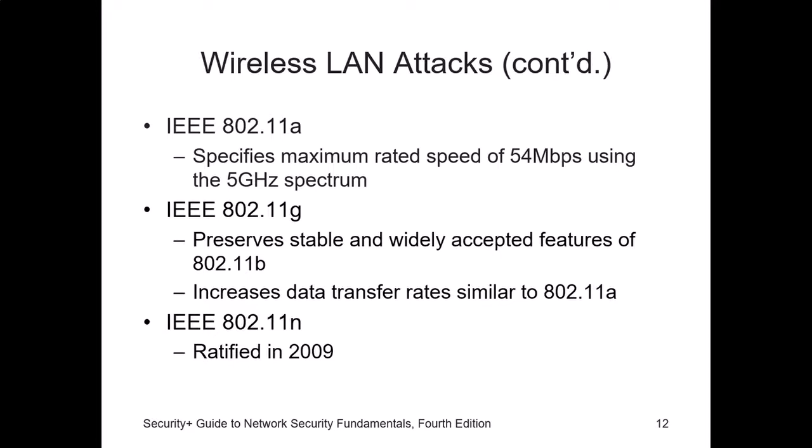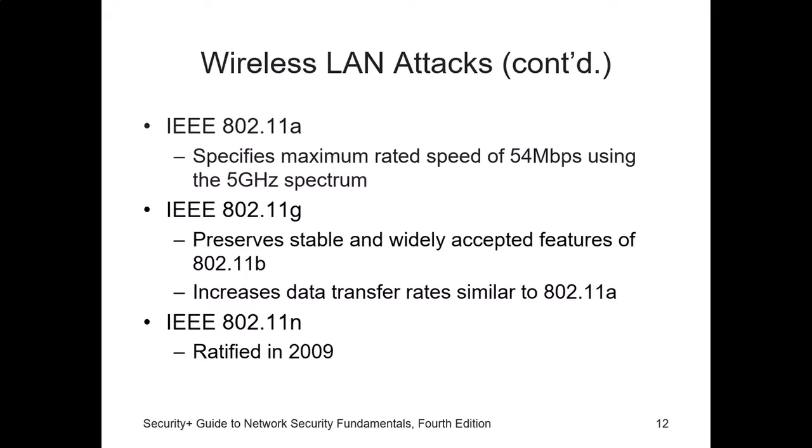But the big breakthrough came in 2009 with 802.11n. With 802.11n, the connections have a range of up to 200 meters, so please write that down. 802.11n operates at 2.4 and 5 gigahertz, so it's backward compatible to A, B, and G. The range is about 200 meters. Theoretically, you could have up to 600 megabits per second.